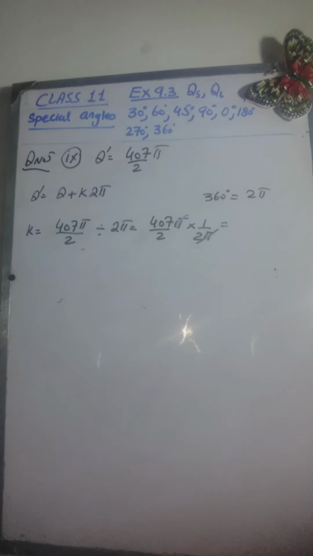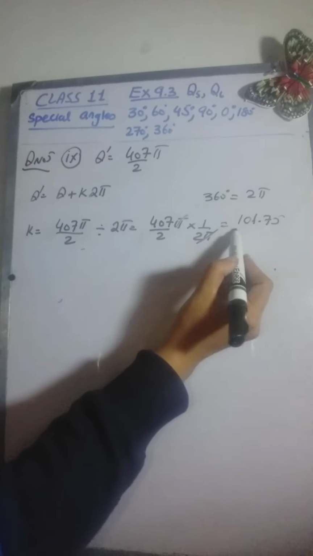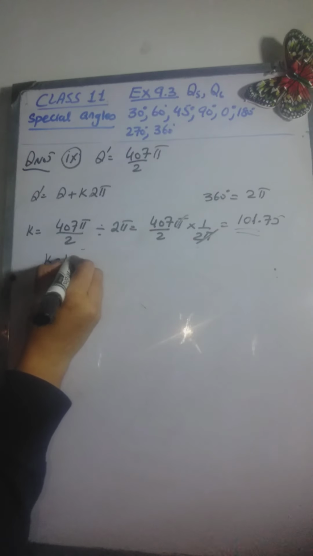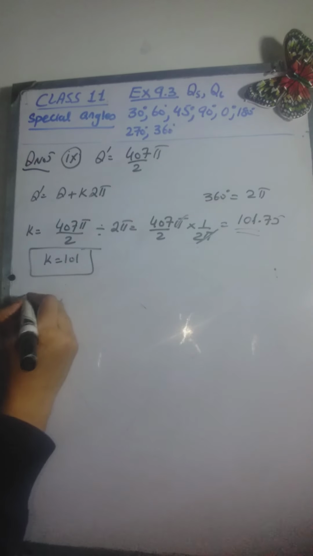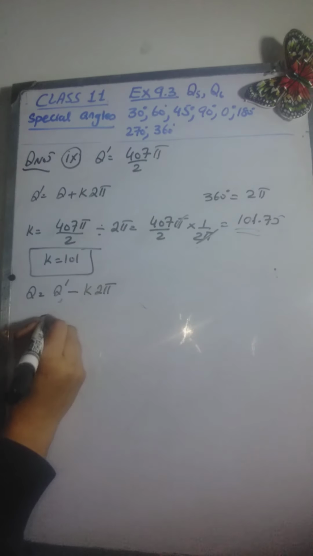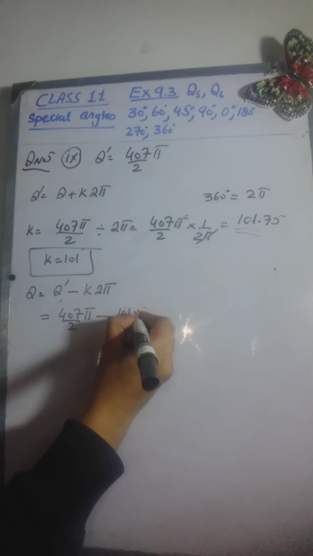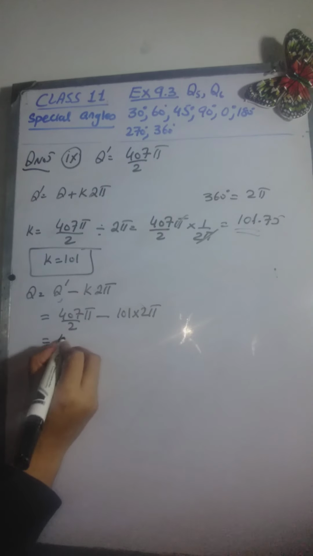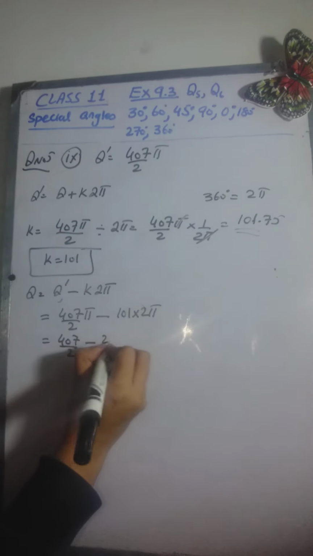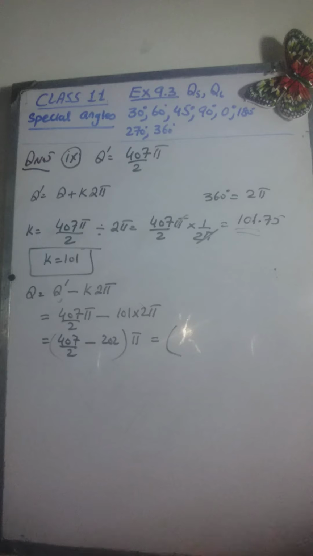This will be equal to approximately, if I use the calculator, 407 divided by 4, which is equal to 101.75. So from here k will be equal to 101. Now to find theta, we have to subtract theta dash from k times 2 pi. Theta dash is 407 by 2 pi minus k, which is 101 into 2 pi. This can be written as 407 by 2 minus 202 pi, which will be equal to, by using the calculator,